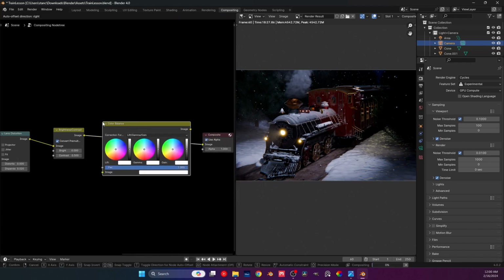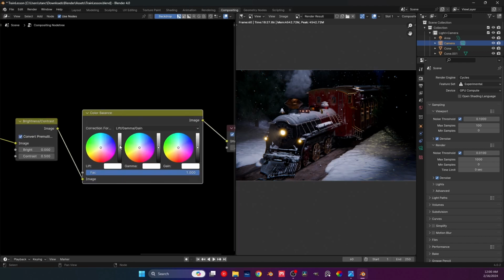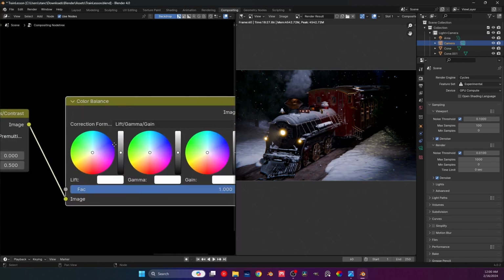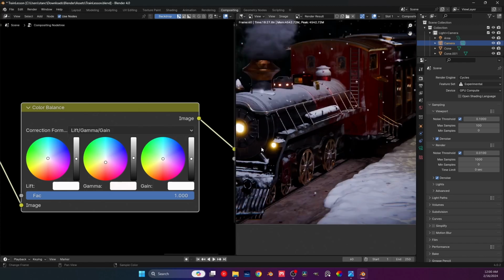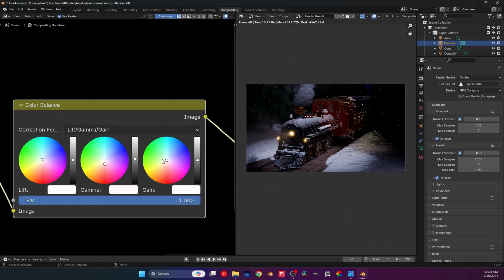actually color balance. And here, if you know how to play with colors, I mean, good for you, and please do. I don't. But you basically can play around with the actual colors. Yes, this is an exaggeration, but what I'm trying to say is you can make the red pop a little bit, right? You can put this a little towards the red, so the red gets a little better there. Or you can put it towards the yellow, so the yellow gets a little bit of a tint